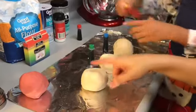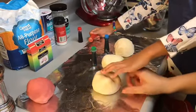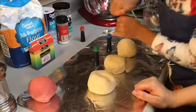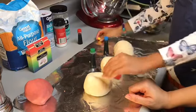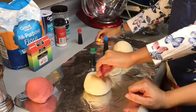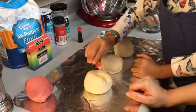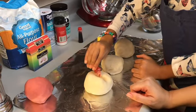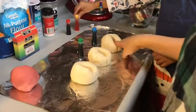Take your finger first and don't squeeze it so hard. Put the food color inside, just a little bit, right? Just do 4 drops. That was 1, 2, 3, 4, 5. Alright, you did 5. You want to do green and